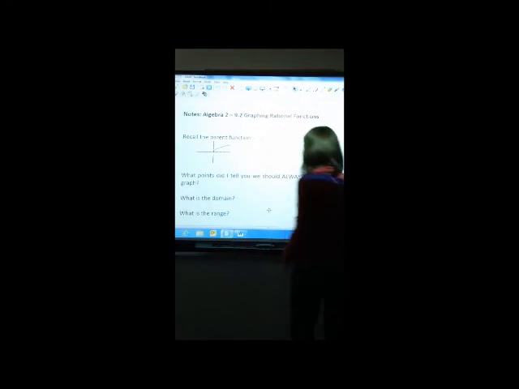Okay, so today we're going to be doing algebra, we'll be doing 9.2 graphing rational functions. Hopefully you'll be able to see this, but you do have your worksheet in front of you. So everybody should have the worksheet out right now. And we're going to start by looking at a parent function that you do know something about, y equals the